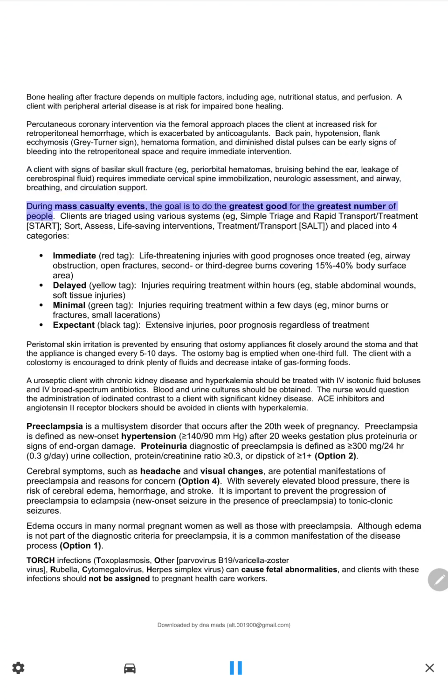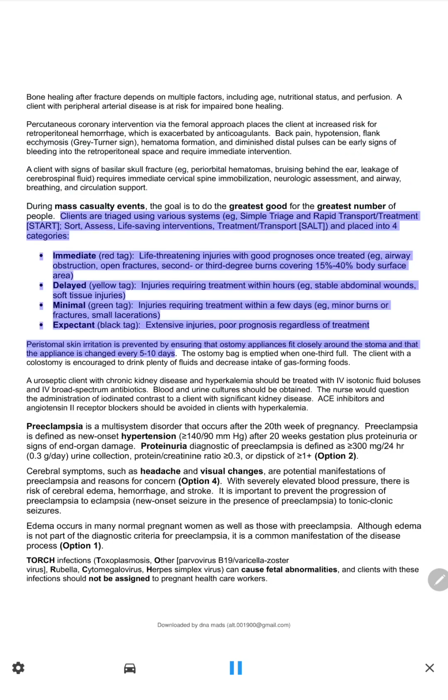During mass casualty events, the goal is to do the greatest good for the greatest number of people. Clients are triaged using various systems, e.g., Simple Triage and Rapid Transport, Sort, Assess, Life-saving interventions, Treatment, Transport, and placed into 4 categories. Immediate, red tag: life-threatening injuries with good prognoses once treated, e.g., airway obstruction, open fractures, 2nd